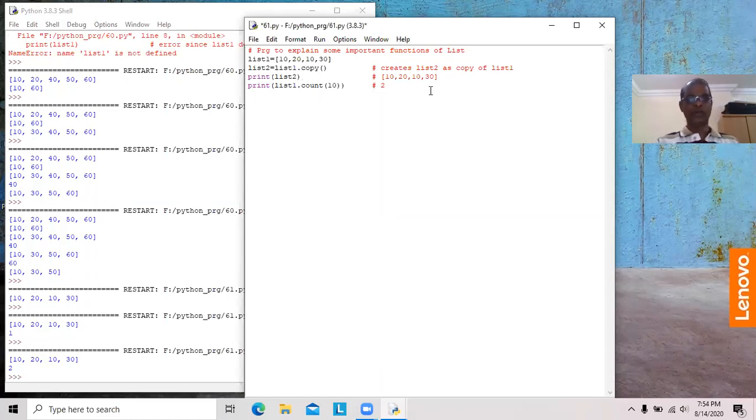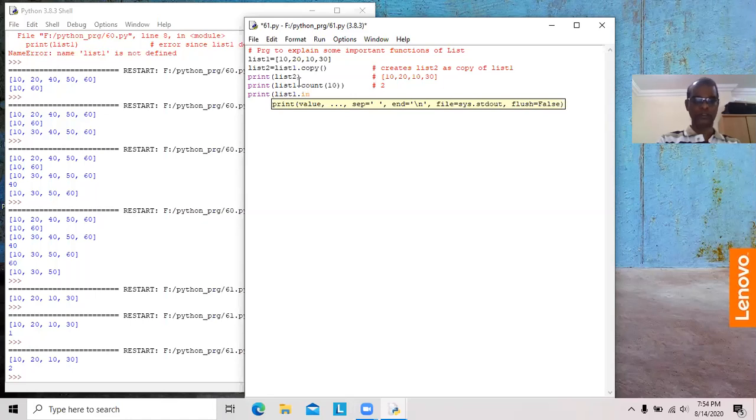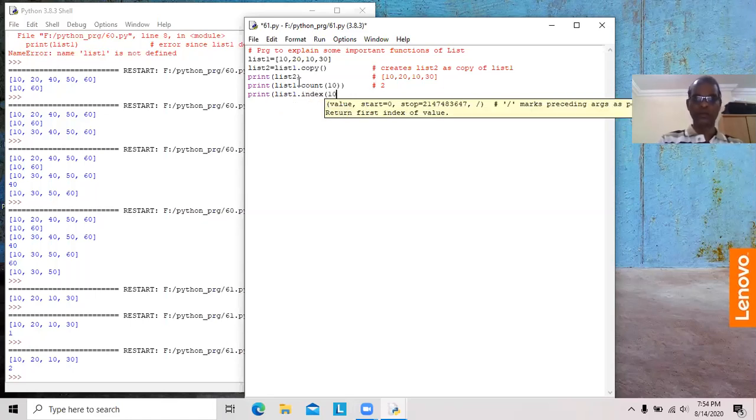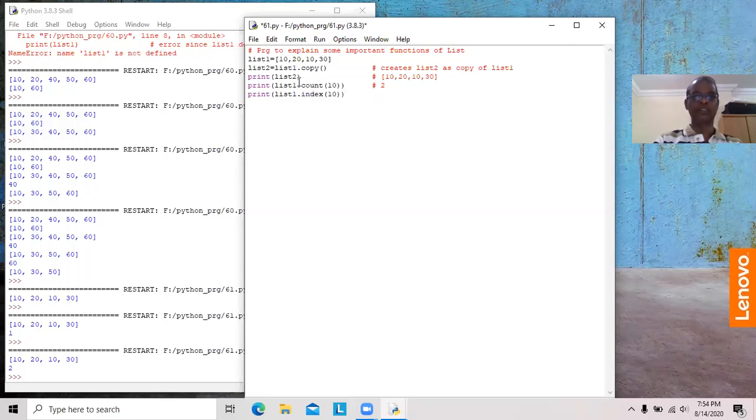Next one is index. I want to find out where 10 is available, that is the index of 10. List 1 dot index of 10. 10 is available in two places, 0th location as well as second location, but index gives the first location, that is 0.